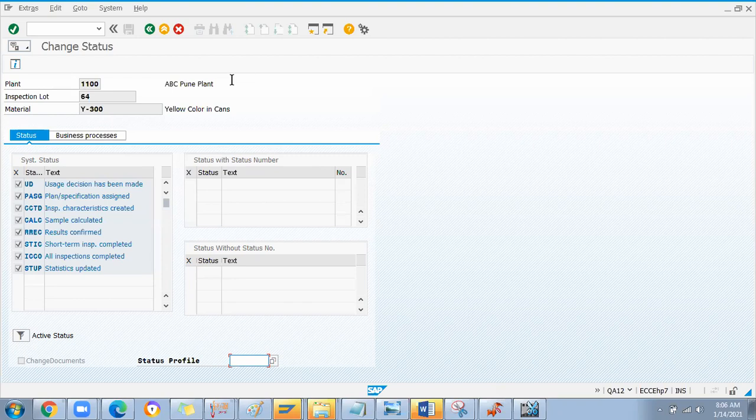So that's the reason the business process is faster when we have an SAP system, because each team has integration with the different modules. For example, the buyer is working on the MM module, the production team is working on the PP module, and the quality team is working on the QM module.